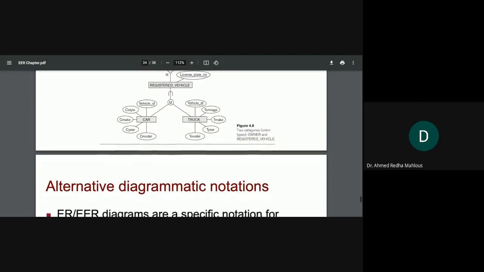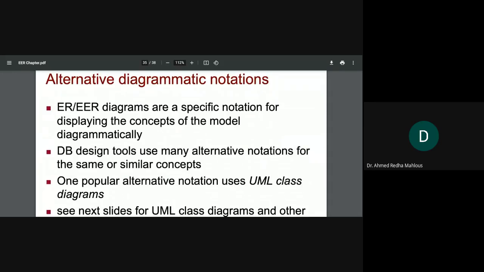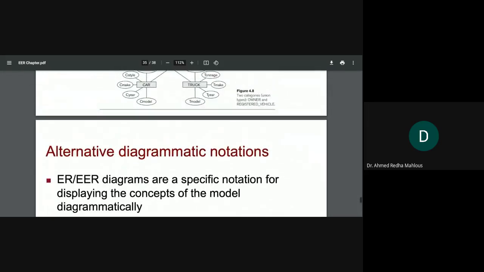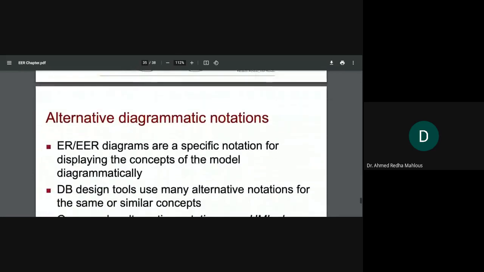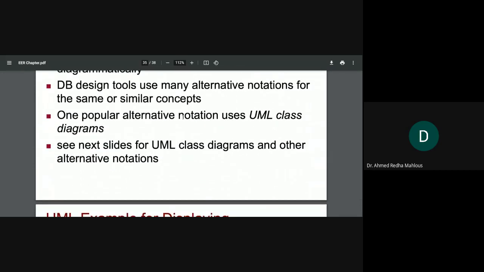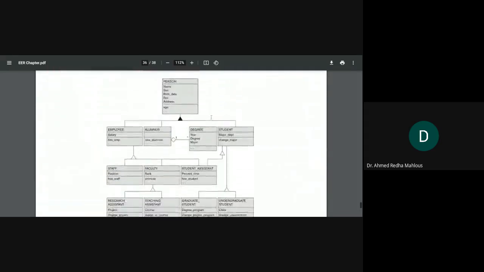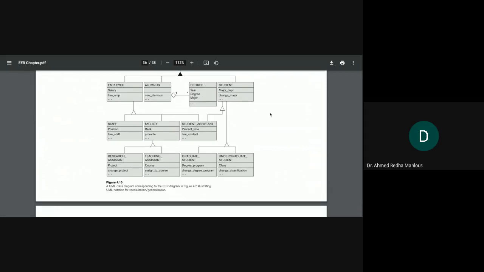In regard to the last thing in this EER diagram, there are other notations. What we have adopted in our case is this type of notation with the EER diagram. You might find other books or textbooks adopting different notations, and the most popular one is the UML class diagram, where you have this type of diagram with different types of symbols. It is not our topic in this course, but just to let you know that there are other types of notations that can be used